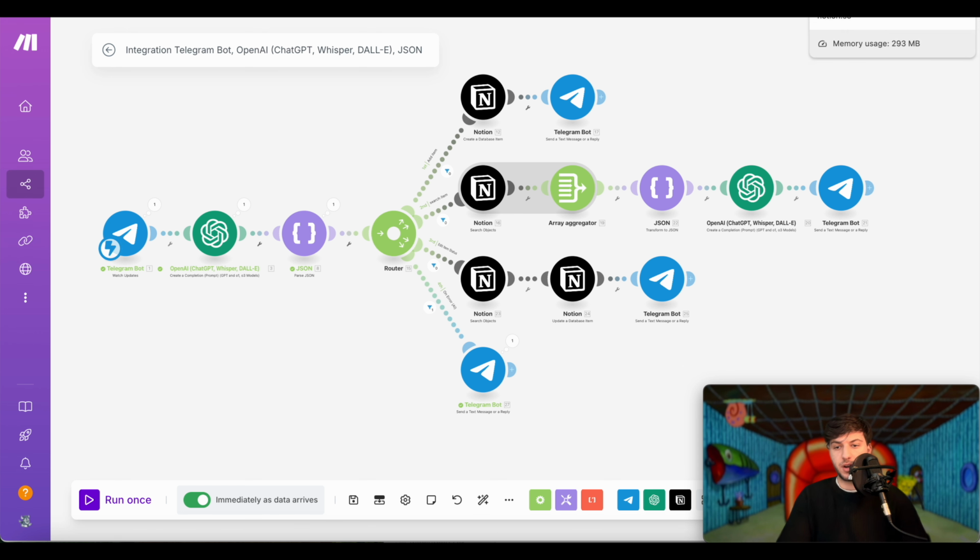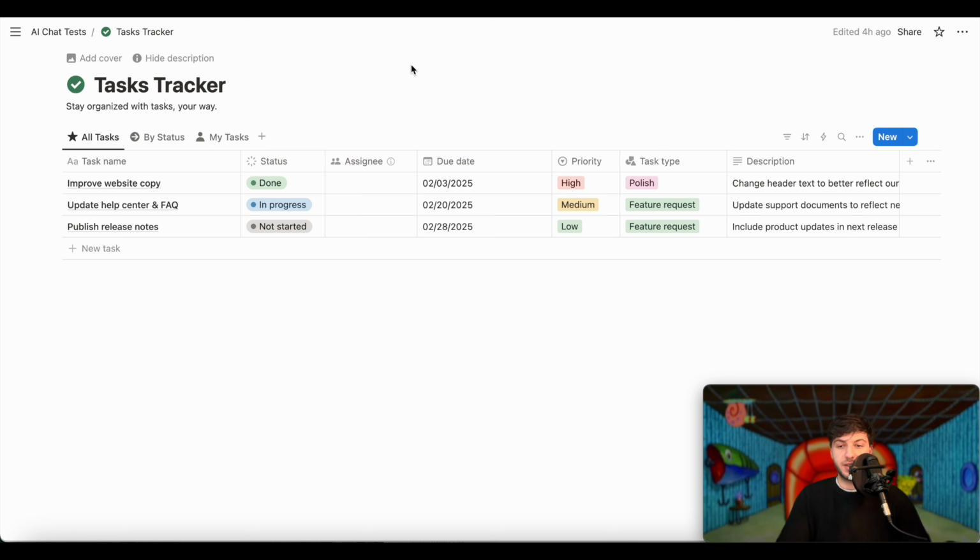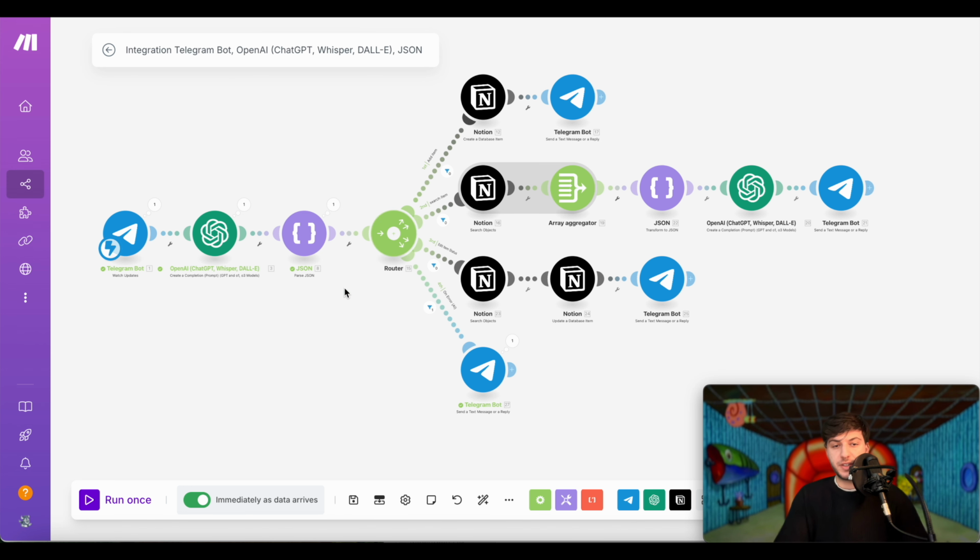So here is our Notion. I've used the basic template. In this example, this is a task tracker. And here we have a couple of fields. So we'll have a basic field like task name, then we'll have status, we'll have assignee that you can add a person, due date that could be a range of dates, priority, task type, and a description that is simple text. Let's just say we have this basic CRM, and I will go through step by step of these bubbles,